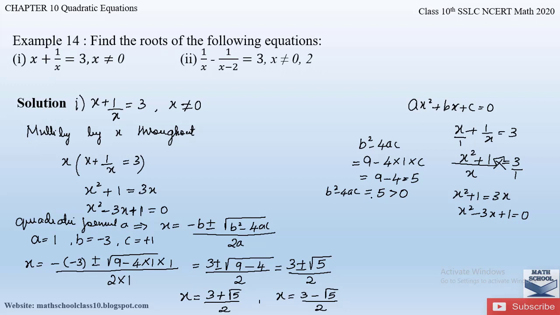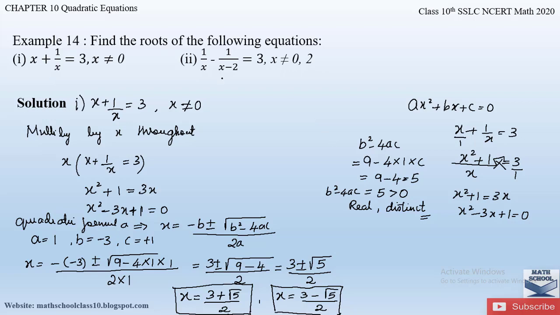If b square minus 4ac is greater than 0, then we will obtain real and distinct roots. So we have got two roots which are real and distinct. Distinct means the roots which are not the same. How to find the roots, I have already explained in the introduction part of the quadratic formula video. If you have not watched that video, please find the link in the description box below or click the I button above. So this is how we solve this problem.